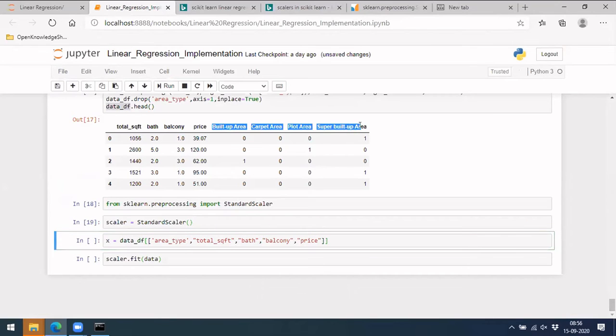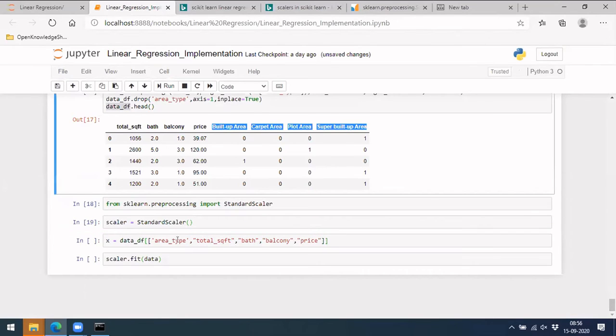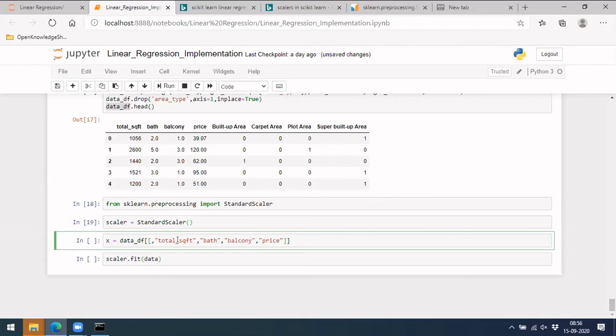We should take these four as well, and not the area type.